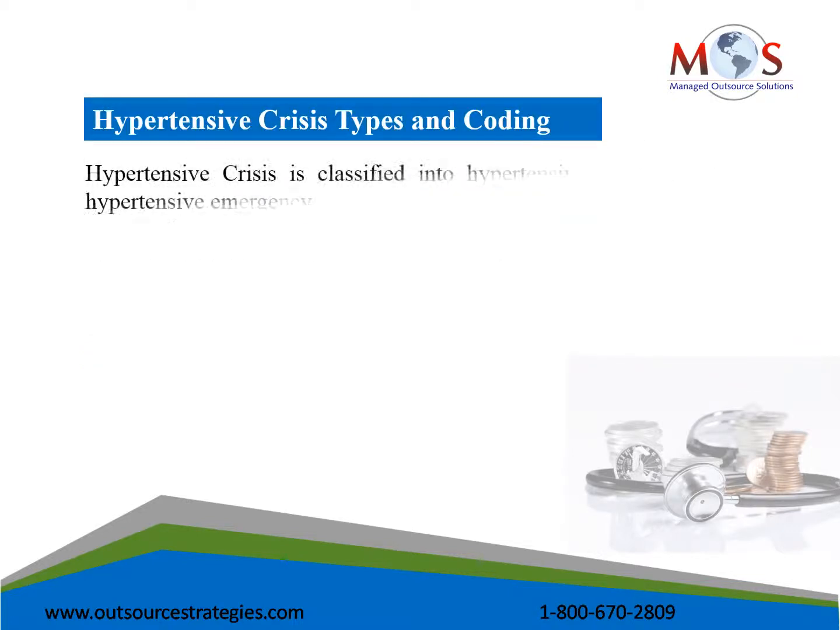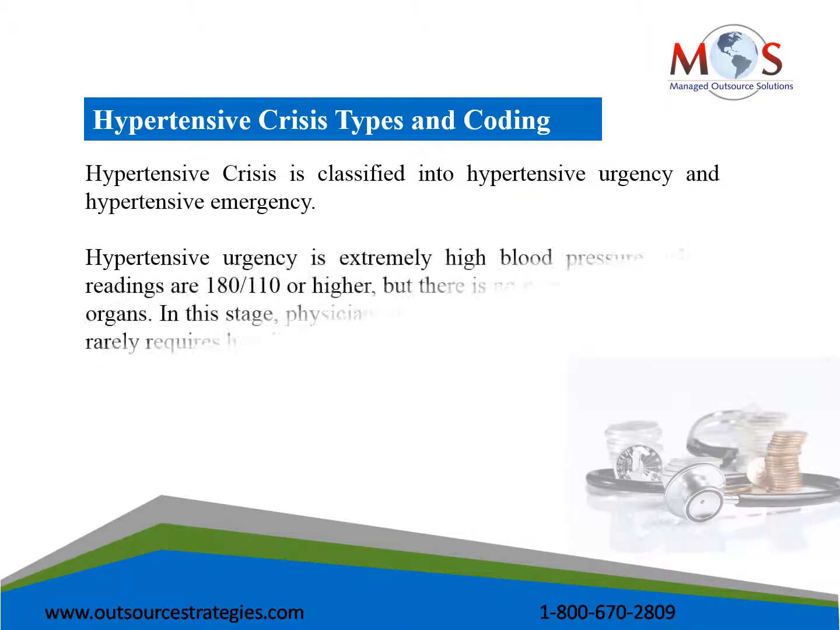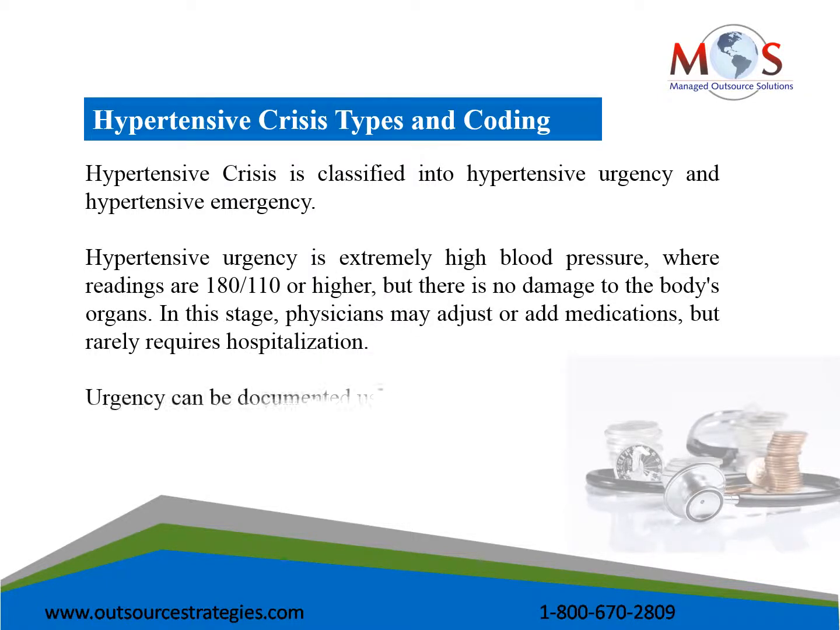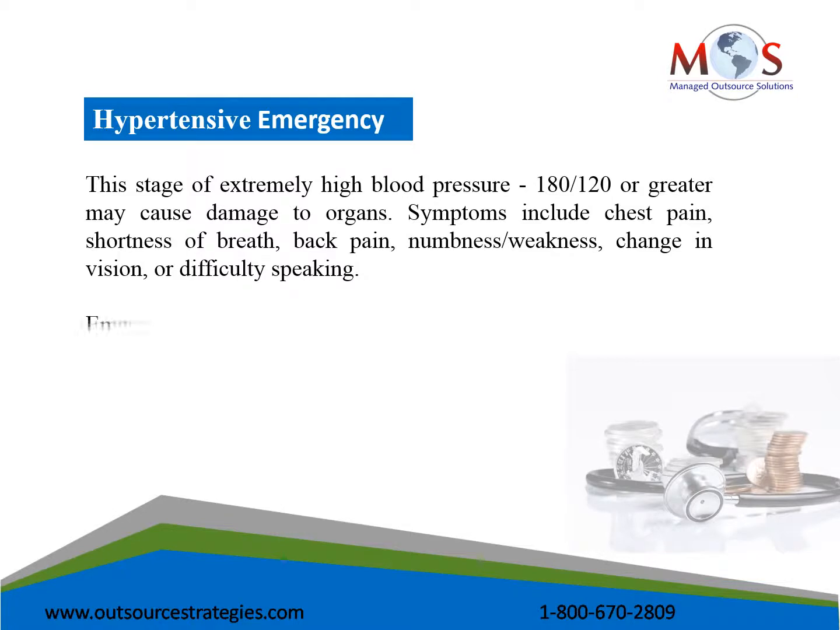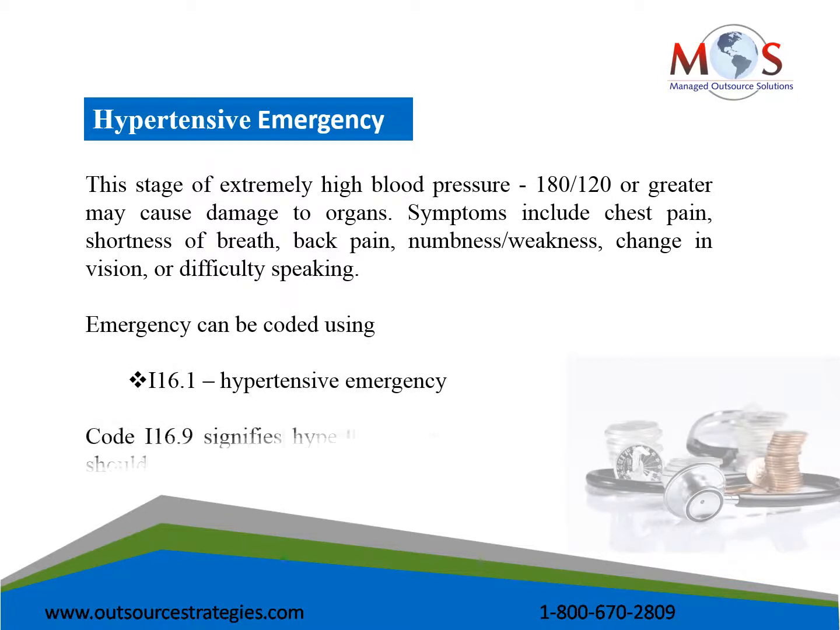A hypertensive crisis is classified into two categories: hypertensive urgency and hypertensive emergency. A hypertensive urgency is a condition in which blood pressure is extremely high with minimal or no symptoms indicating acute organ damage. Hypertensive emergency or malignant hypertension is a condition in which blood pressure is very high with potentially life-threatening